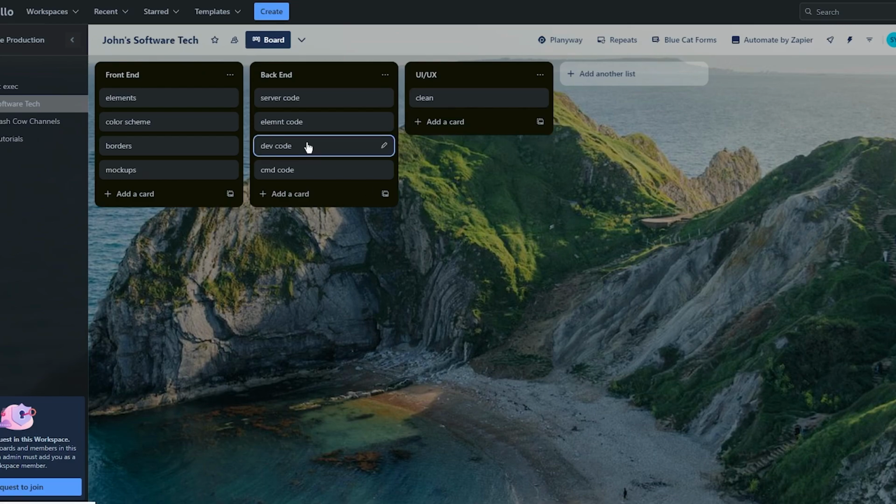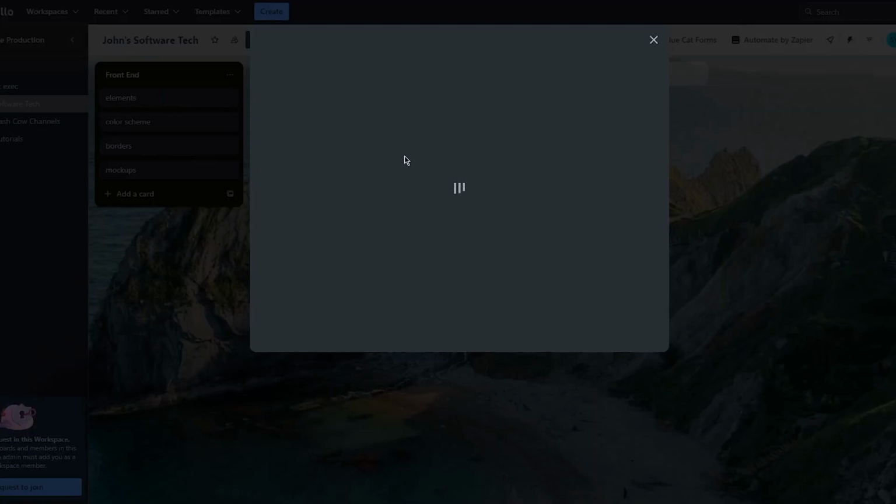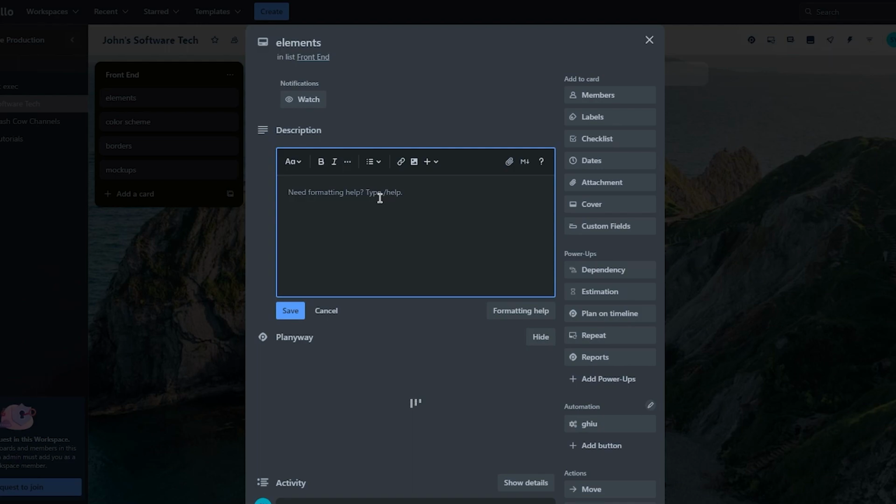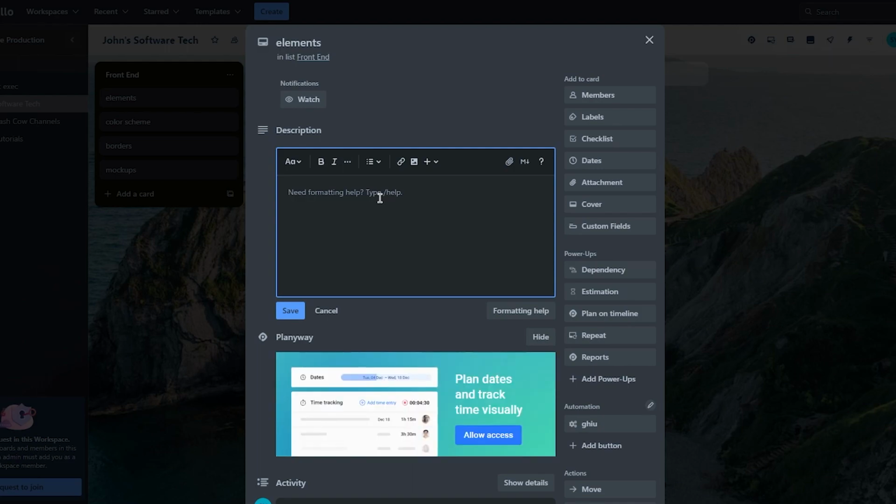Okay. So here's what's going to be happening. Now we have groups, front end, back end, and user interface. In these groups, we have different tasks, and these tasks are going to be editing the details. Okay. So let's say I'm going to go in elements. And in elements, I'm going to let the people know what they're supposed to be doing. So I'm going to go ahead and write create 3D boxes of